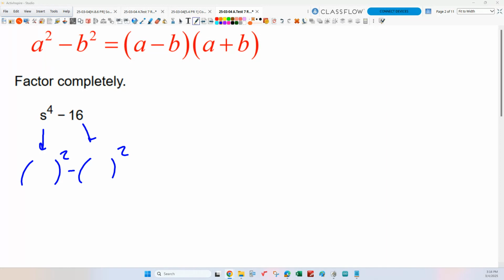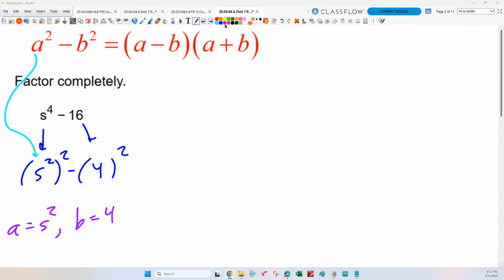So what would I square to get S to the fourth? S squared. S squared, there you go. Okay, good. So A is S squared. Everybody see that? Okay, well, in fact, let's write that down. So A equals S squared. What would I square to get 16? 4. Yeah, good. So B